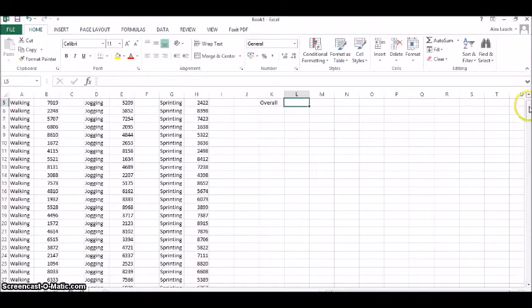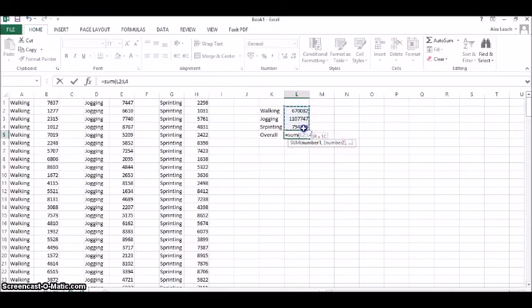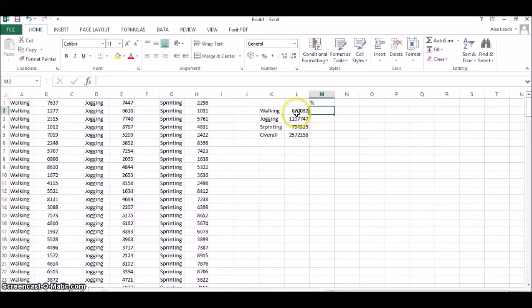And the way you're going to work out your overall, you just go equals sum, open your bracket and you just total all three totals up. Okay, so now we're going to work out the percentage. So the formula for percentage is you will have to divide it by the overall total and then times that by 100. So you go equal, open a bracket, press this, and press divide by that, close the bracket and